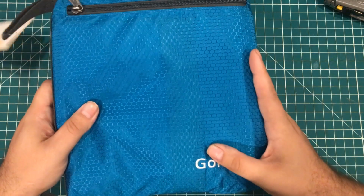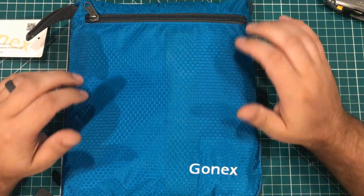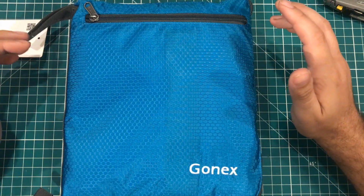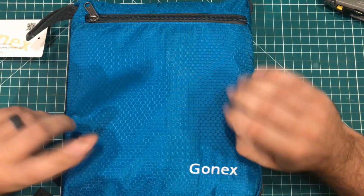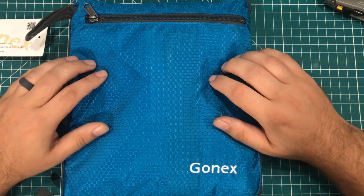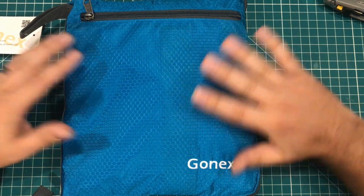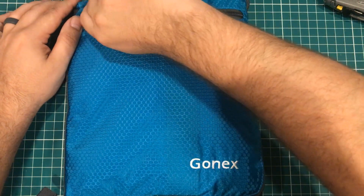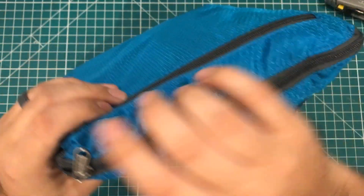But what I love about these things is they are cheap. And I do a lot of things like I will fly to Africa and I'll bring a lot of stuff over with me. And then maybe I don't want to pay for that second bag on the way home. Or the opposite, when I was in Alaska, I would fly down there and I would tuck this bag in my other bag. It wouldn't weigh anything. And then I would fill it up with things I could only get in the lower 48 and bring it back. And I know you're sitting there thinking, this just looks like some kind of weird parachute thing, but